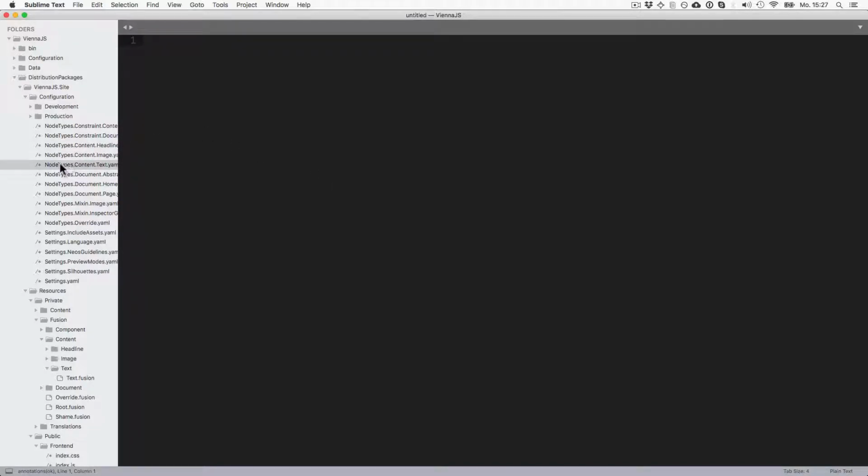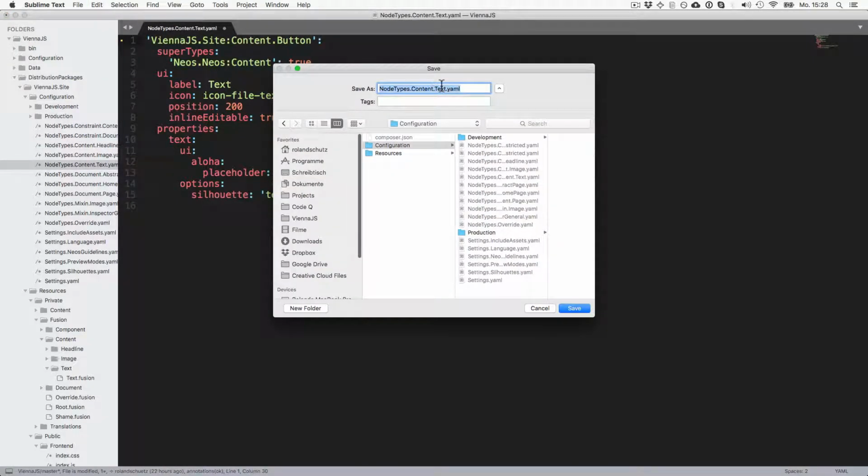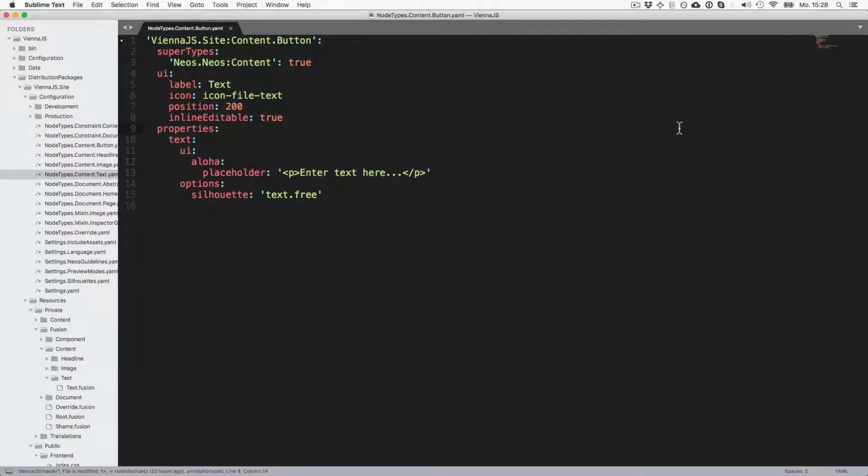So what we're doing here, let's start by going to vienna.js.site configuration. And here we have an existing content element called text. And let's just reuse that by calling it button and saving it as a separate file. And here also we replace text by button. It's important for you to know there is a mix between conventions and something which Neos requires you to do. Right now we're just doing this best practice setup, and so just follow it along, and later you'll learn more